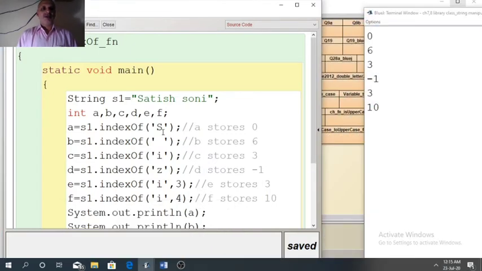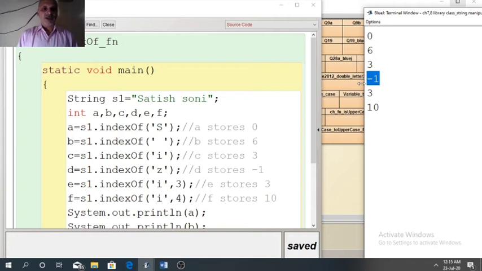Now see. A stores the index of capital S, that is 0. B stores the index of space, that is 6. C stores the index of I, the first I from the left side, that is 3. D stores the index of Z. Z is not present, so D will store -1.